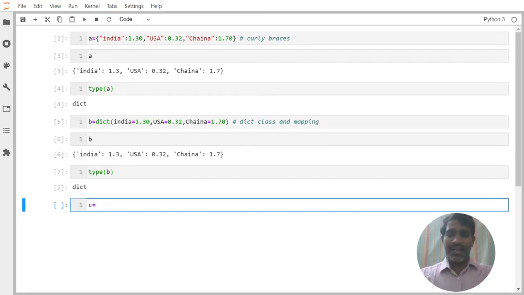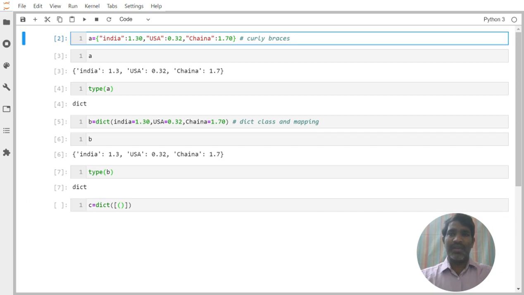Let's say dictionary, then I want to use an iterable syntax. Iterable is nothing but, a list is an iterable, a string is an iterable. Any object which mostly has more items is called an iterable. Simple definition. Now I want to pass inside this whatever values are available.